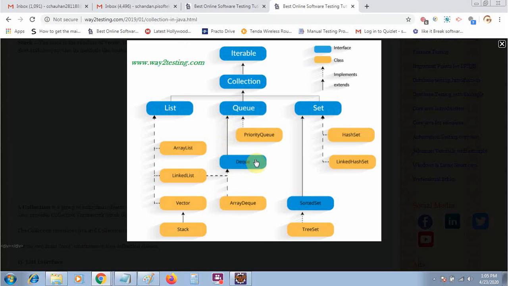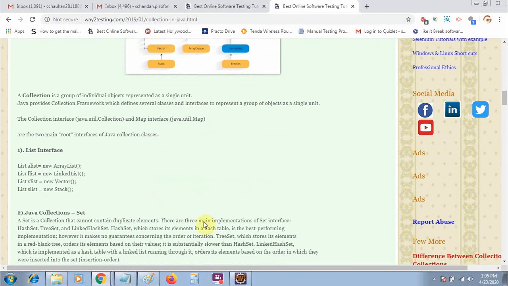In queue we have priority queue, dequeue and array queue. We will very rarely use these. Sometimes we may use priority queue, but not more than that. In the set we have hash set and linked set, but basically we will not use these sets. We will use the map. Let me start with the array list.